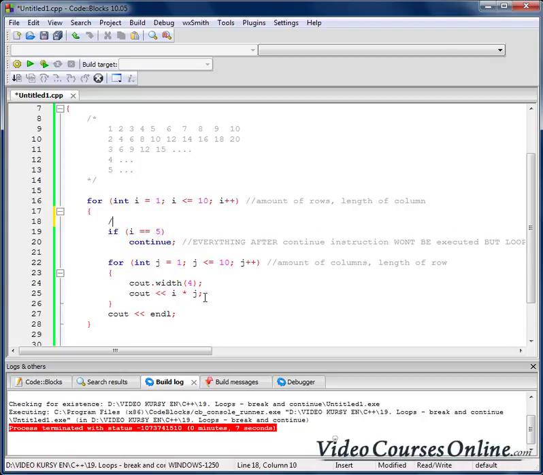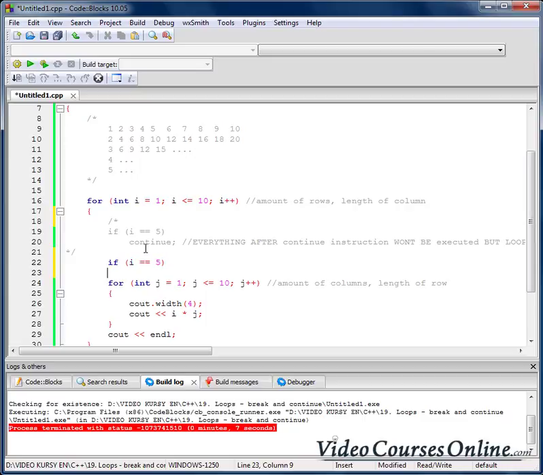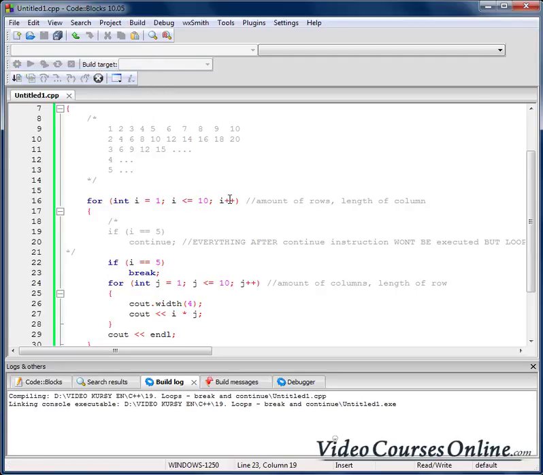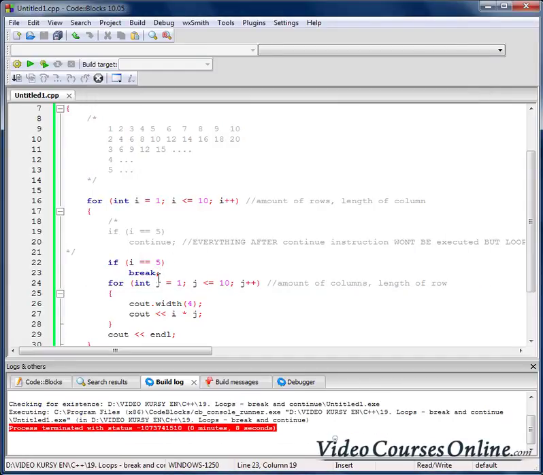Okay, so this is the continue instruction. It works like that. Now I'd like to tell you about the break instruction. What will happen when I do something like this? Break. As you can see, we can't see anything after the 5th row right now. So break is working like this: everything after break won't be executed,